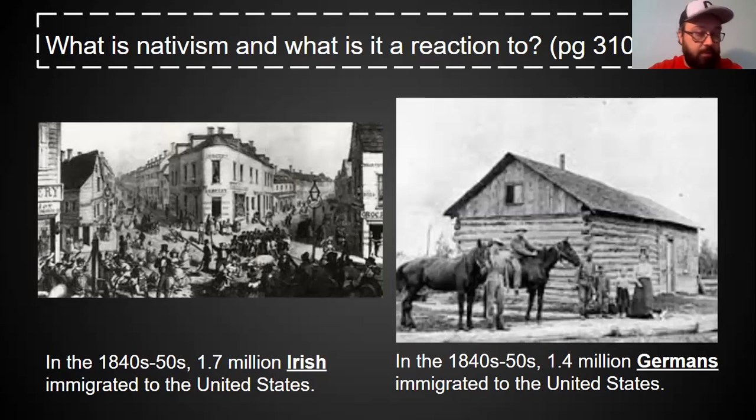So a lot of the Germans move out to the Great Lakes states, places like Illinois and Wisconsin and so on and so forth. And they buy land and they farm. So there's not really this strong anti-German sentiment, because they just show up and then go out and they farm and they grow food and they don't really bother anybody. So even though there's a lot of Germans coming in at the same time, there's a lot of anti-Irish sentiment. There's not a lot of anti-German sentiment because of how they're coming and what they're doing.